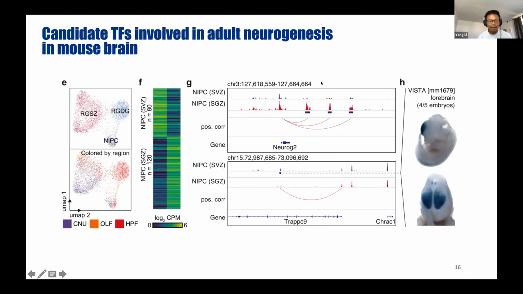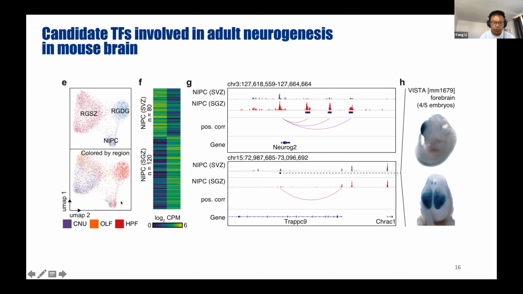So the last part I want to show is another usage of this data set: we already predefined the putative links between its target gene and candidate cellular element. I want to show one example here, the neuronal intermediate precursor cell. You can see this small population actually came from two brain regions. One is from the hippocampus and the other is from the cerebral nucleus.